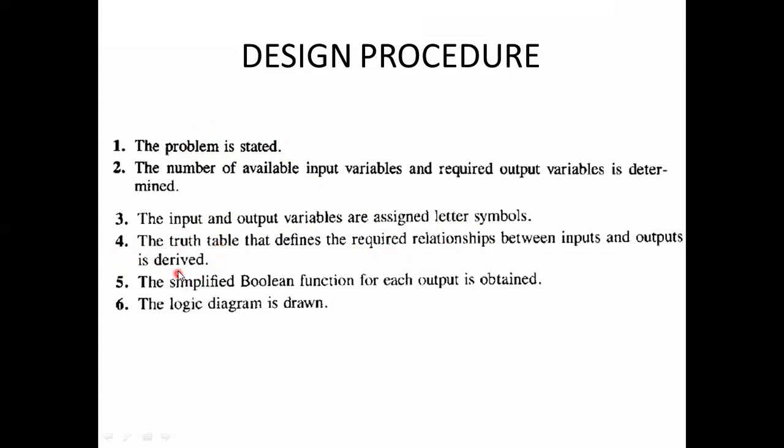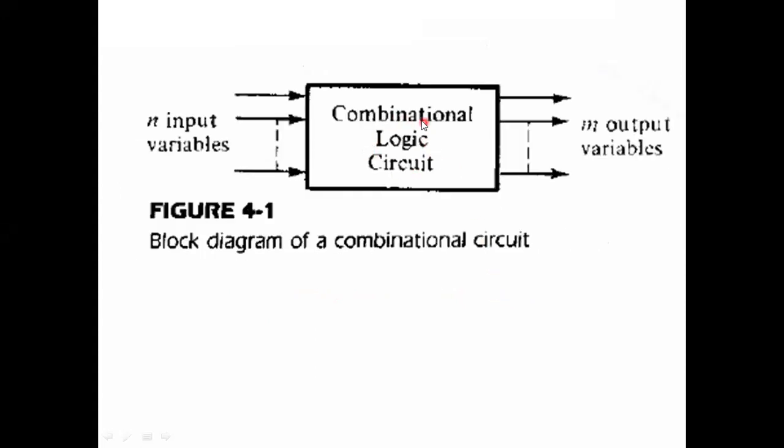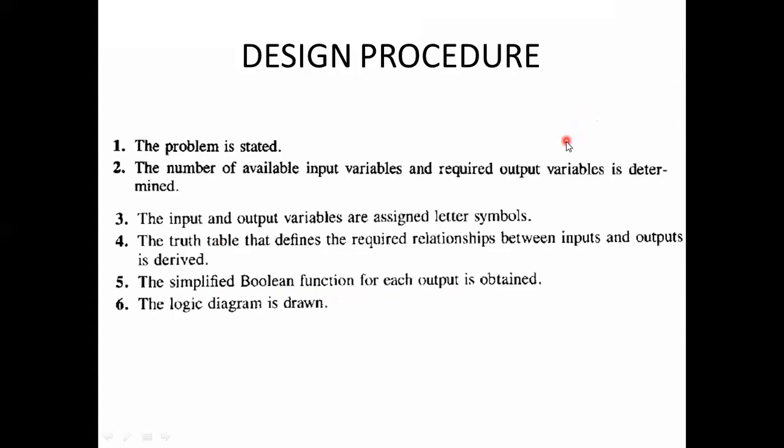Okay, from that truth table we are getting the simplified Boolean expression, that is, the Boolean function for each output is obtained. Okay na? సో అంటే ఈ కాంబినేషనల్ లాజిక్ సర్క్యూట్ లో ఇక్కడ అవుట్పుట్ ఉంటుంది కదమ్మా. ఎప్పుడైతే మనం ట్రూత్ టేబుల్ డ్రా చేసామో ఆ ట్రూత్ టేబుల్ నుంచి మనకి అవుట్పుట్ యొక్క ఫంక్షన్ అనేది తెలుస్తుంది. That is, the simplified Boolean function for each output is obtained from the truth table. Okay ma, this output function will be obtained from the truth table here.